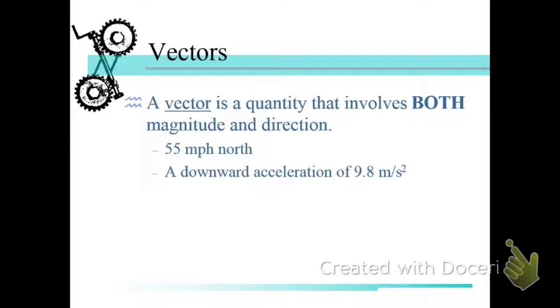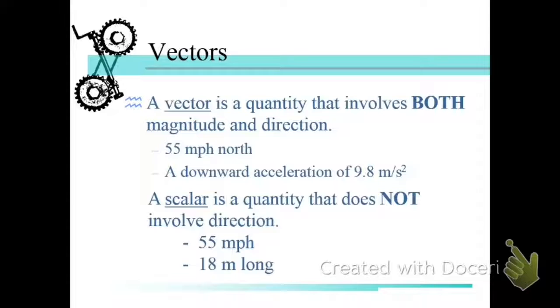Today I want to talk a little bit about vectors. If you'll recall from our previous chapters, a vector is a quantity that involves both magnitude and direction. For example, 55 miles an hour north, a downward acceleration of 9.8 meters per second squared. The opposite is a scalar quantity that does not involve direction, and that's not really what we're looking at in